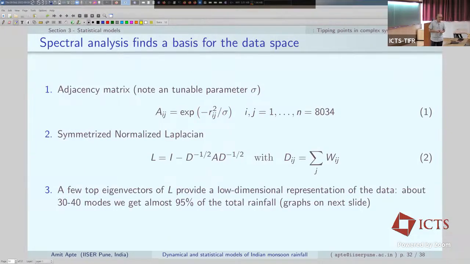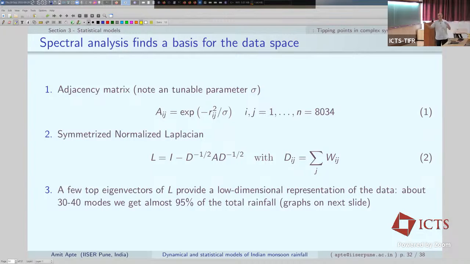The idea of the graph Laplacian is essentially based on constructing it by using adjacency. And adjacency in what sense? In this case, we can simply take the adjacency matrix, which will be 8,000 by 8,000, by taking distances in the data space. In the data space, you could take either L2 distance or L1 distance, and so on. We are just taking L2 for now.